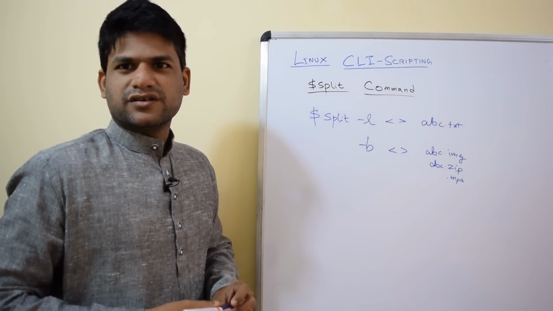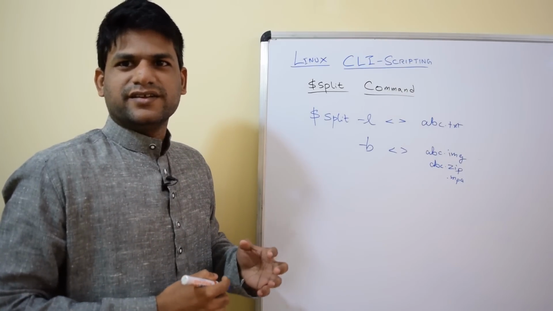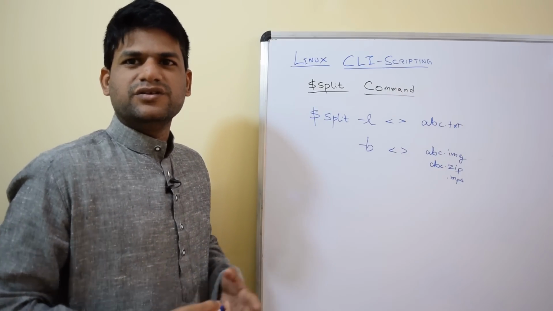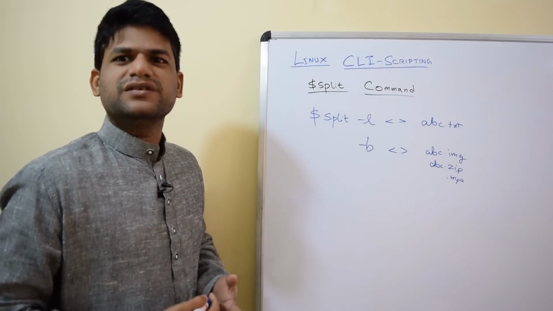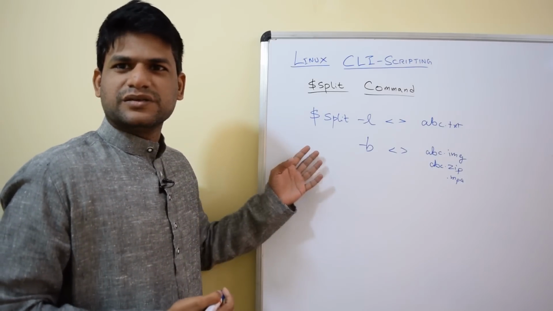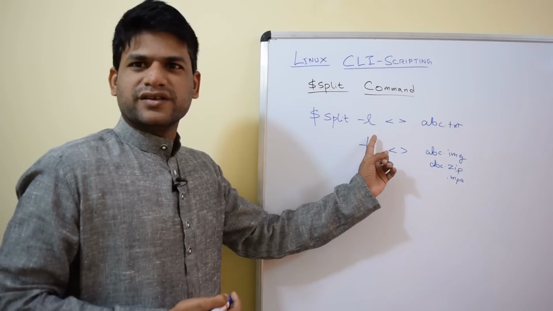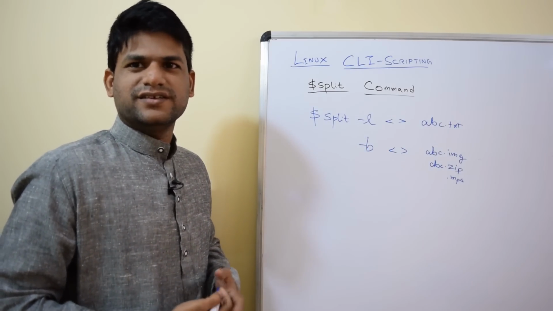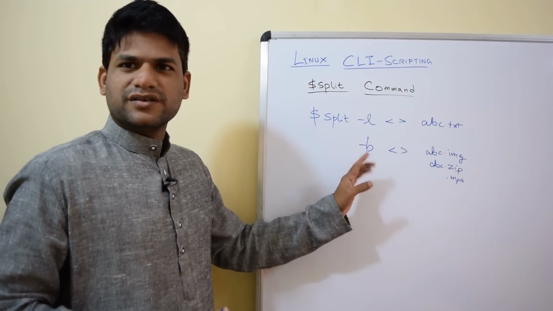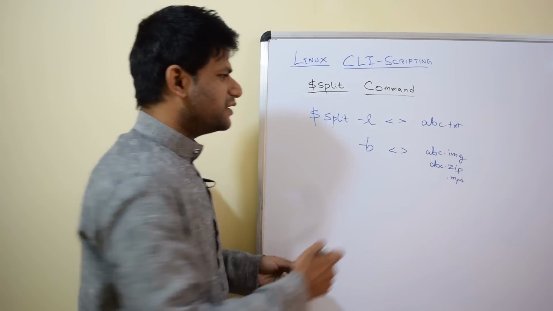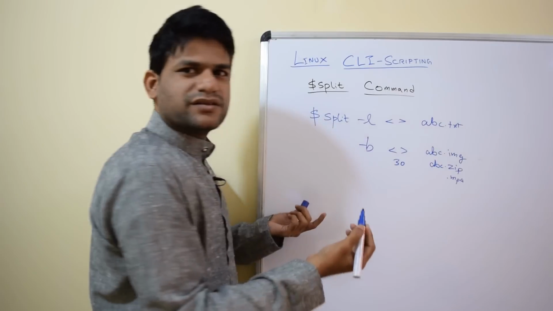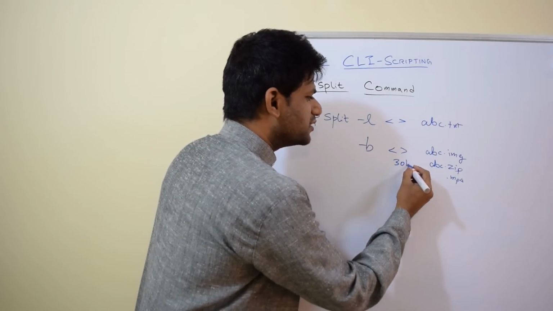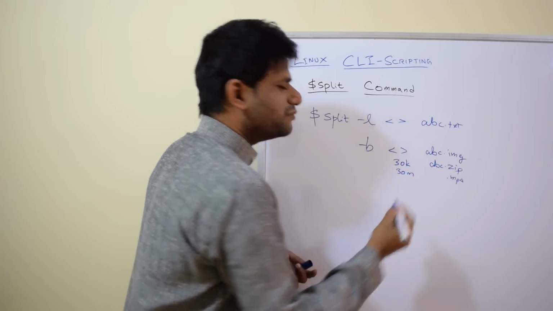But in case you are processing raw text files and trying to get some output out of them, which is quite huge, the file may be in the order of several MBs or GBs. In that case you need to use split, and you can split according to the number of lines. You can even split 1 million lines in each file, or thousands of lines in each file. Whenever you choose the bytes option, you can specify a number directly, like 30, which is 30 bytes, or if you want each file to be 30 KB, you can use 30K, or 30M for MB and so on.